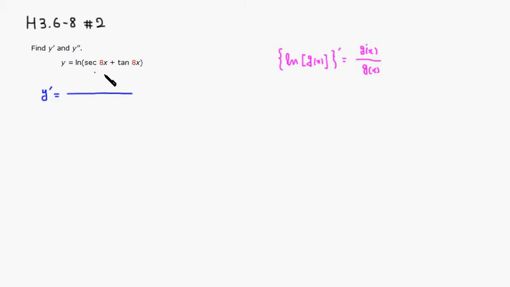All right, so whatever is inside the natural log, so we have secant of 8x plus tangent of 8x. All right, so then we take the derivative of this secant of 8x, which would be secant of 8x times tangent of 8x. Then you have to multiply by the derivative of 8x, which is 8. So I'll put it in front. And plus